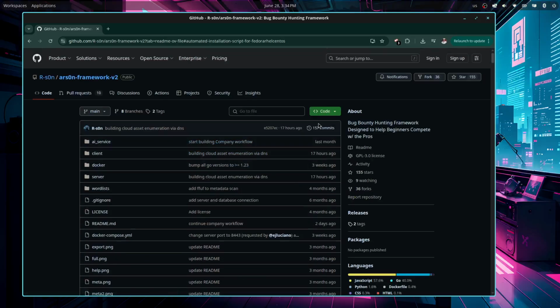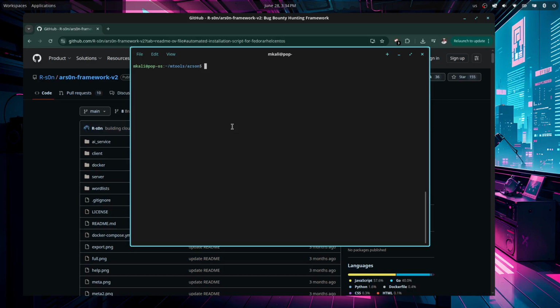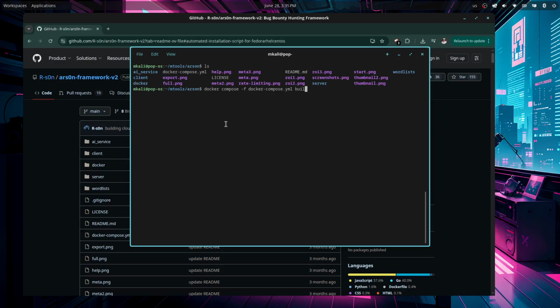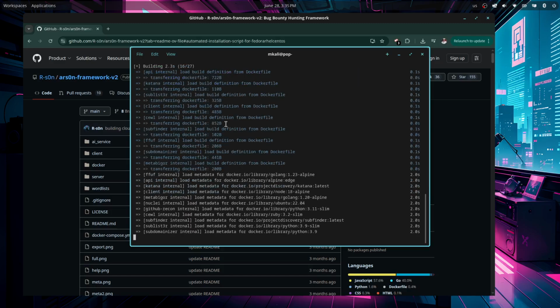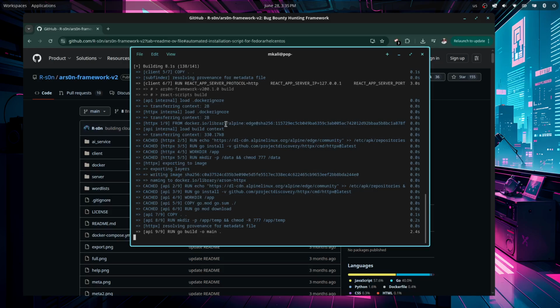So yeah, that's it for the tool. All you need to do is get the URL, clone it. I have already done that. Then you need to do docker compose, then the file, then build. So if you're doing this for the first time, it might take some time to pull all the